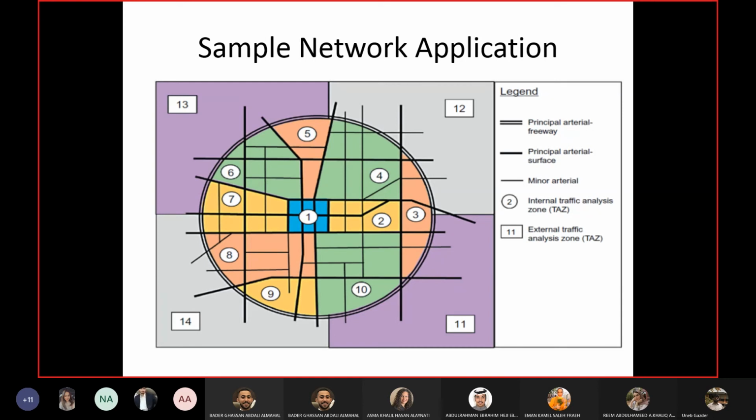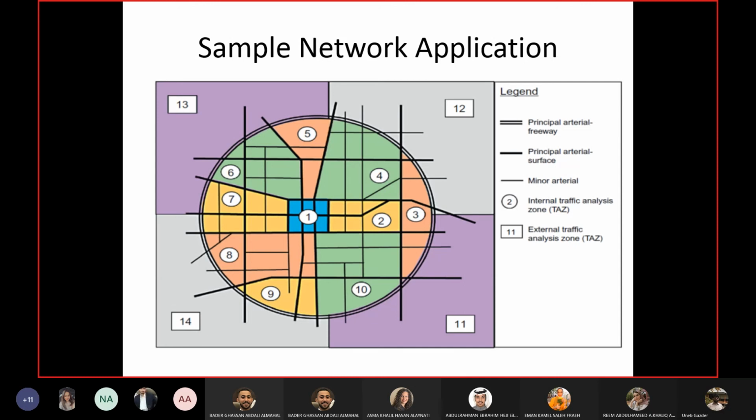Okay, so we are just showing the main highways, mainly the highways which are carrying the trips between the two areas. These highways are mainly the highways which can carry you from one area to the other. So these highways are basically arterials, principal freeways, principal surface, and minor arterials. If you have some other highways which are also connecting these areas, you can include them here, but small local streets and small collector roads will not be shown in this map, because then it will become very crowded, and this is not your purpose.